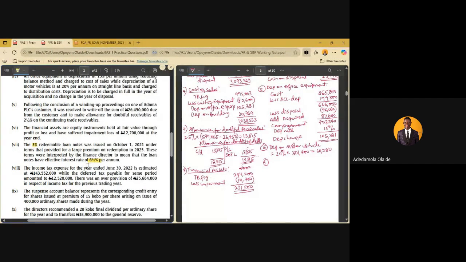All of it will now be embedded in what they will be paying as redemption amount, redemption premium. But it's fine. What we just need to understand is that for our SOPL, we'll be calculating the finance cost at the effective interest rate, not at the nominal interest rate. So that means interest on loan notes, finance cost,